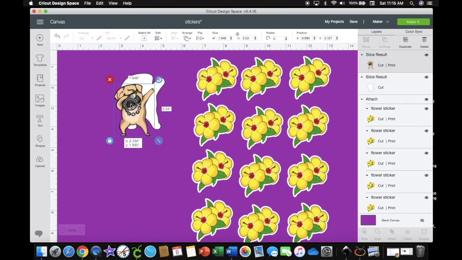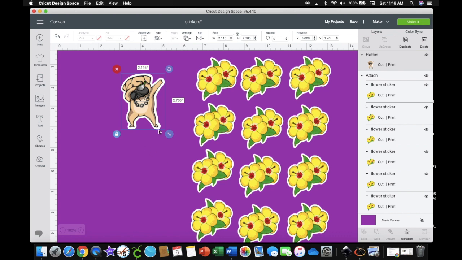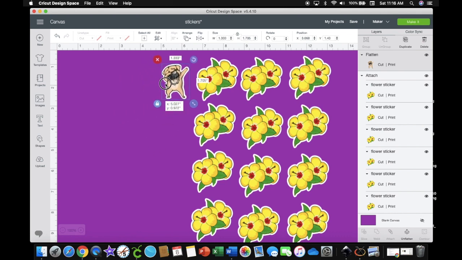Now I can take my dabbing dog and I could put it up here and center it, right? And then click on the command key and click on my background as well. And now I can flatten them. Now it becomes a sticker. And now I can make it whatever size I want. And I could duplicate them. If you look at my stickers here,